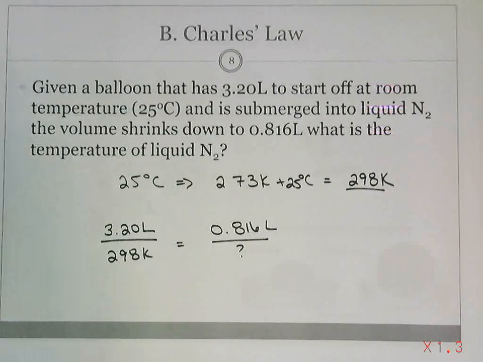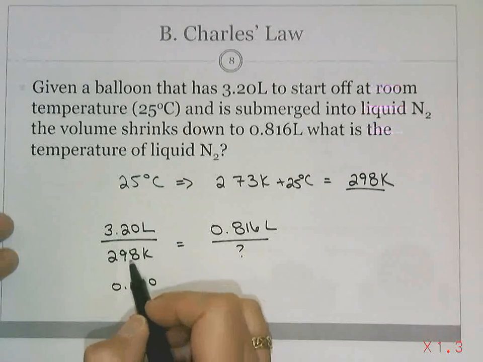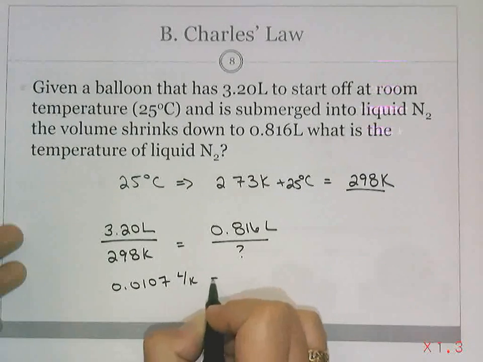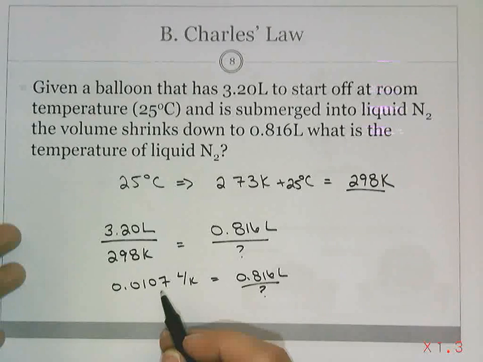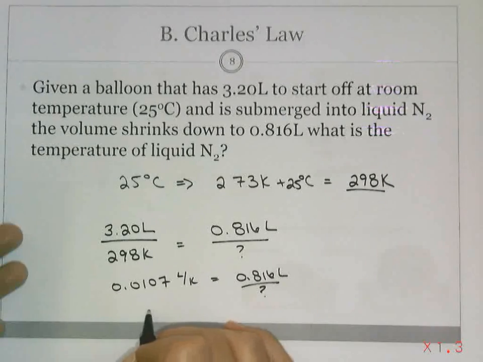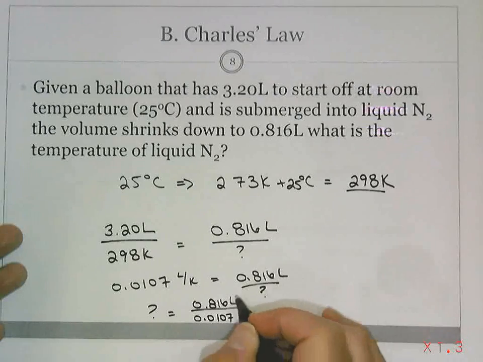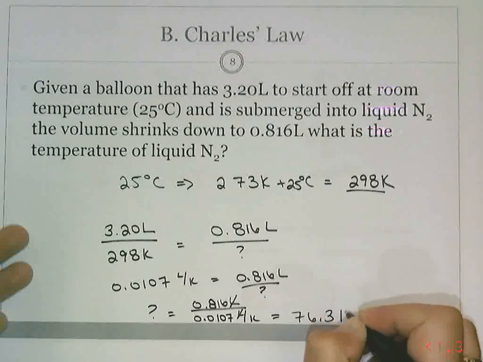All right, so we have 3.2 divided by 298. Let's see, 3 sig figs. All right, so we're going to multiply my question mark over here and divide over here. So my question mark equals 0.816 liters divided by 0.0107 liters per Kelvin. The liters cancel, and my final answer is 76.3 Kelvin, which you may not be as